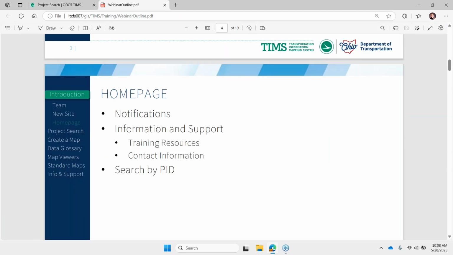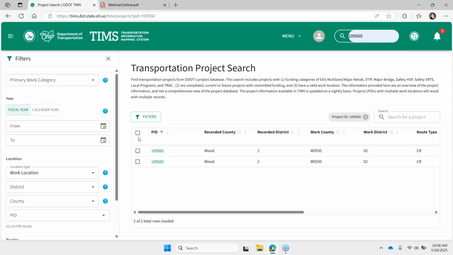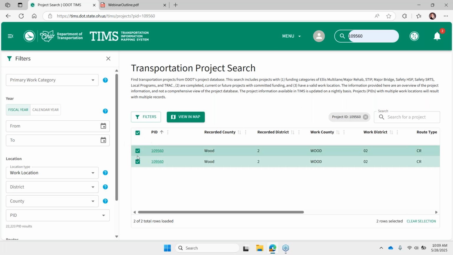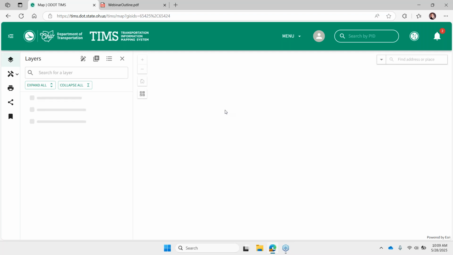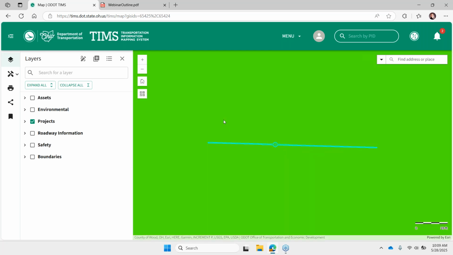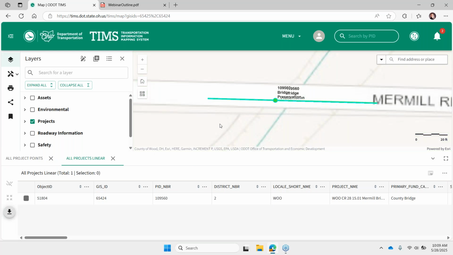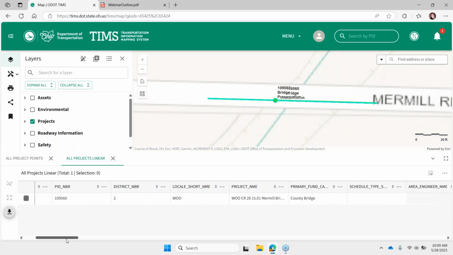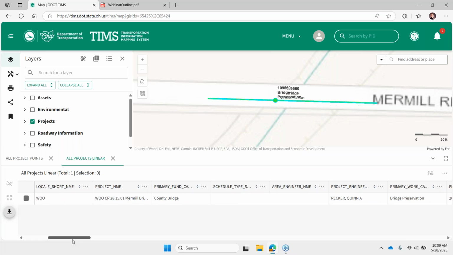Okay, back to that project search page. I also want to highlight that you can select these records, and then you'll see this View in Map button. You can click that button, and it will take you over to the Create a Map page. So this will be our first quick overview of where we'll be spending most of our time today. Over my Wi-Fi, it's going to take a quick second, but it's going to zoom to those project locations. Open the attribute table. It's going to have all that same information that we saw on that project information page, just in a tabular form.